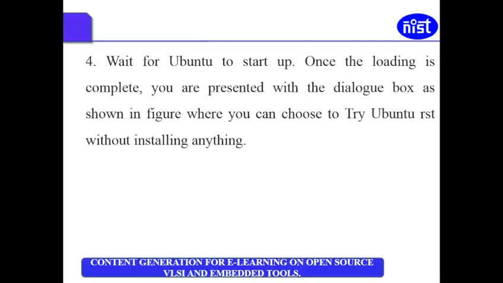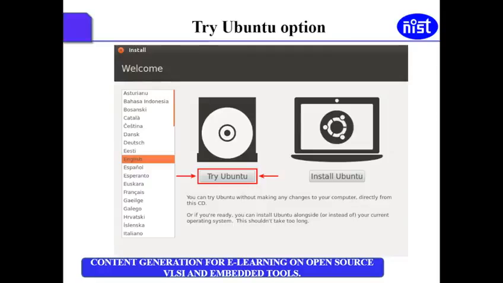Once the loading is completed, you are presented with the dialog box as shown in this figure, and then you have two options: try Ubuntu and install Ubuntu. Here we install Ubuntu, not try Ubuntu. But we can also try Ubuntu through the CD drive, just run it once, and then take the drive out and set it aside.